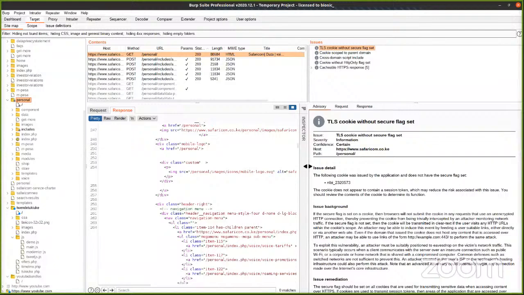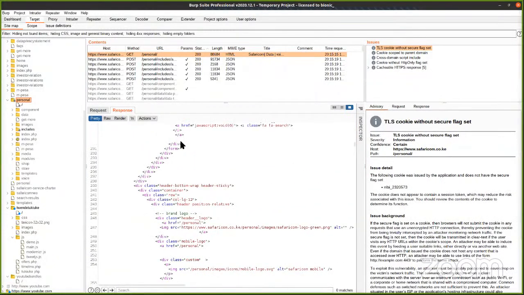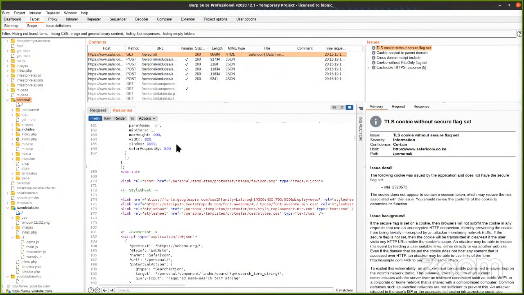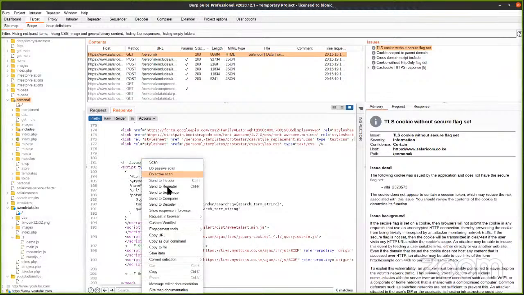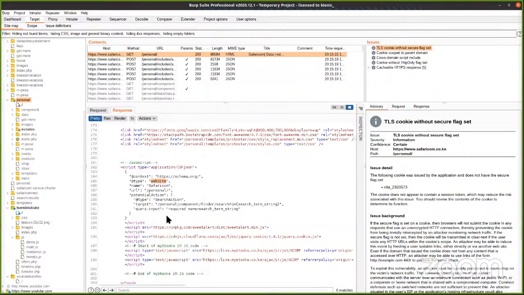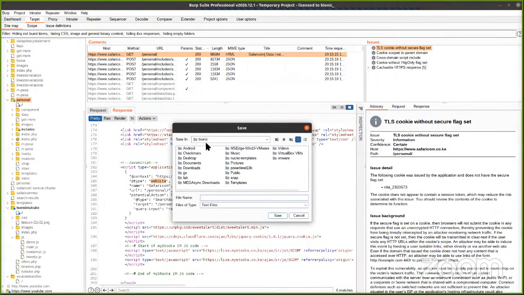The way the extension works is whenever it sees things in the response, so here we have words like Safaricom, personal, most likely it's going to get this. So what we do is right click here, go to our custom word list, and then it will prompt us to save this. It's come to this other window. So I'll save this on desktop and save it as